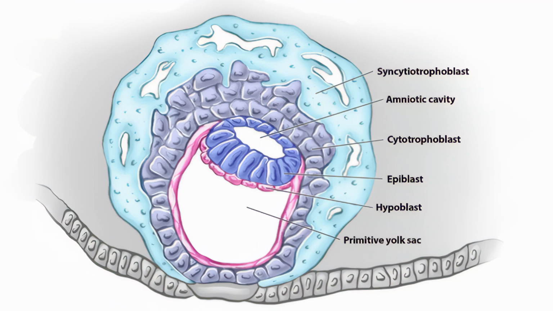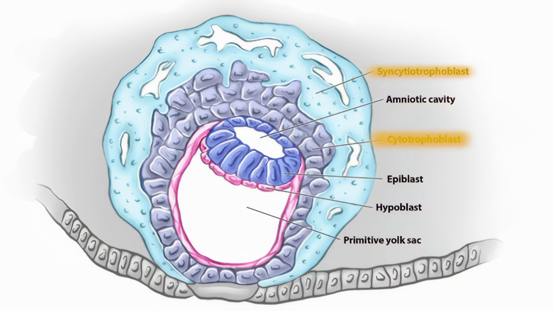The trophoblast portion of the blastocyst further specializes into the inner cytotrophoblast and the outer syncytiotrophoblast. The syncytiotrophoblast is responsible for secreting the hormone HCG, which tells the mother's corpus luteum that a successful implantation has taken place, so that the corpus luteum will continue to secrete progesterone, and that progesterone maintains the endometrial lining and